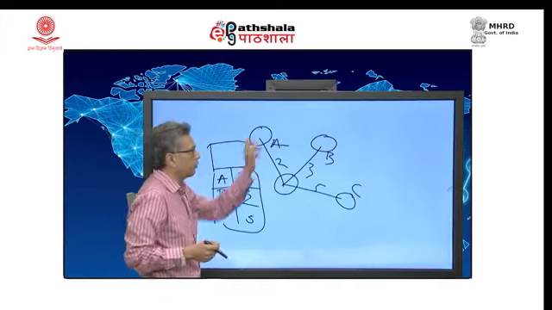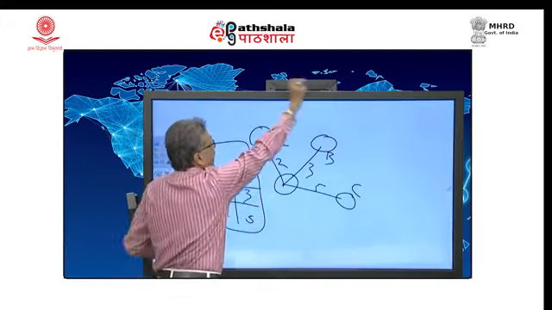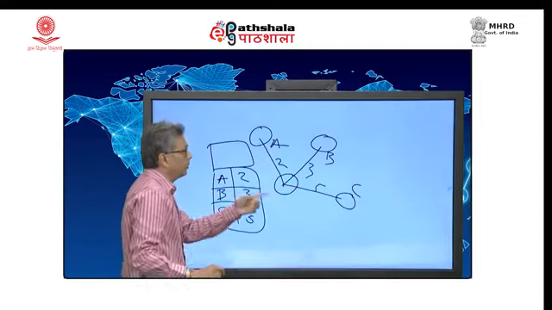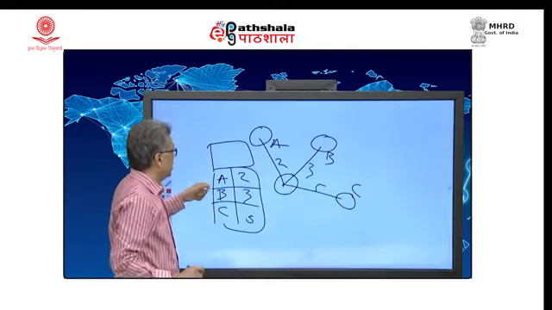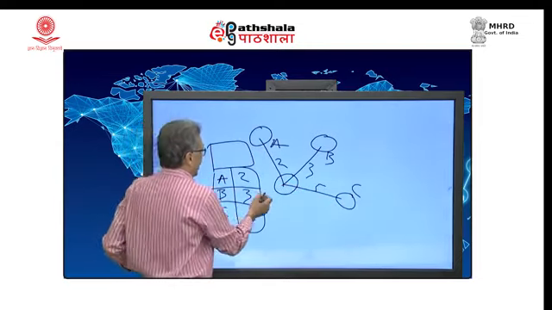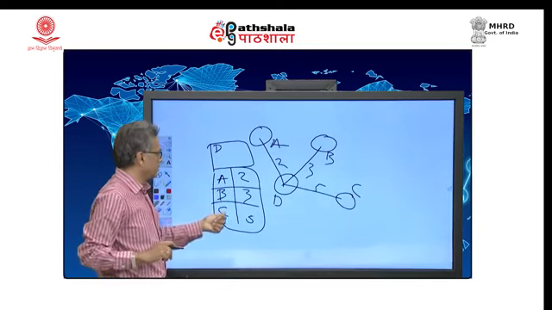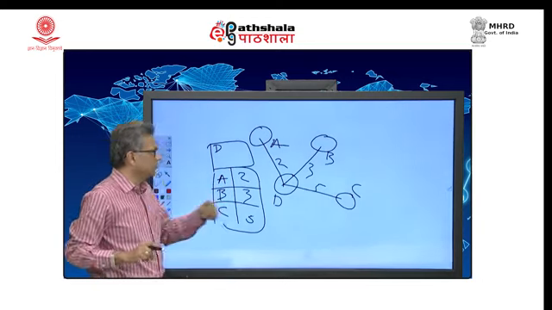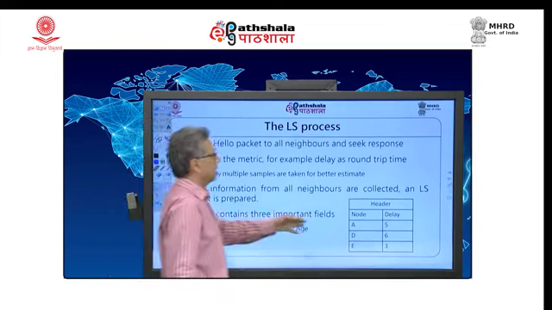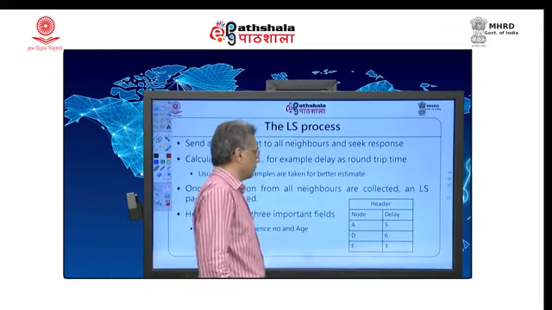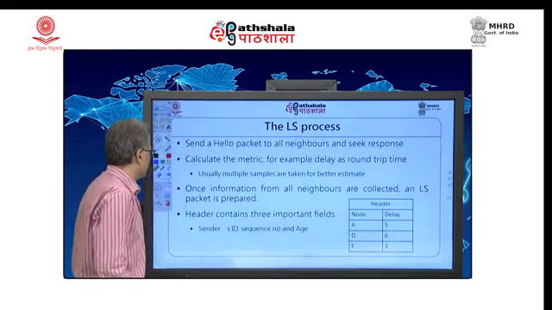Once I do that for all my neighbors, I will send it to everybody else in the network. So, everybody in the network will receive information from me, and I may be D. So, I say that I am D, and A is 2 milliseconds away, B is 3 milliseconds and C is 5 milliseconds away. So, this is what I am telling. That is a link state packet, with node and delay, here is one example.